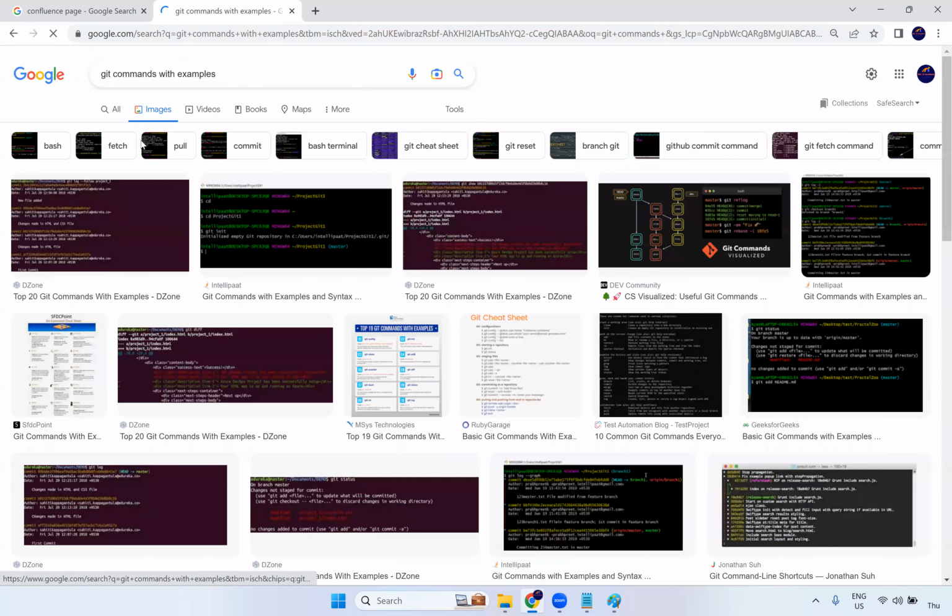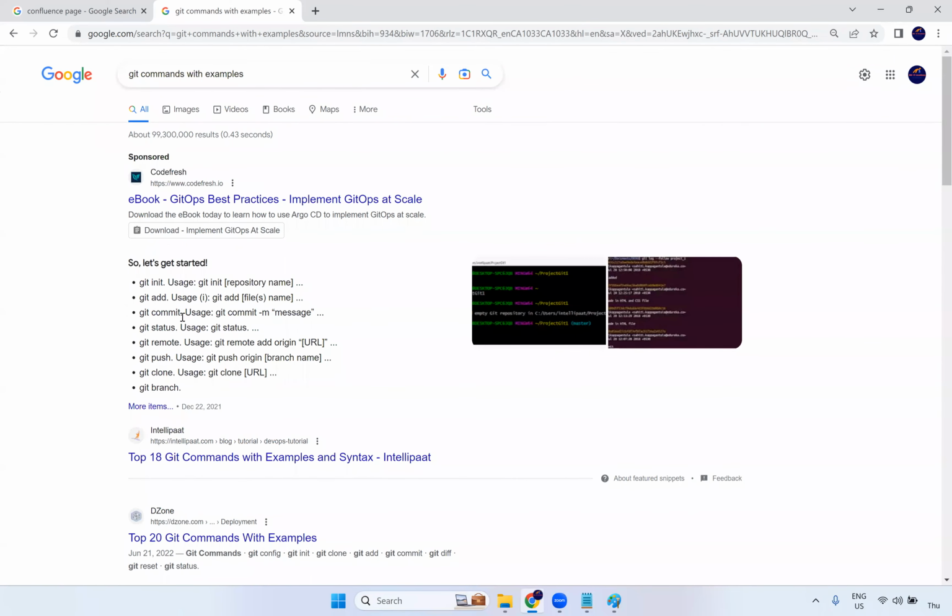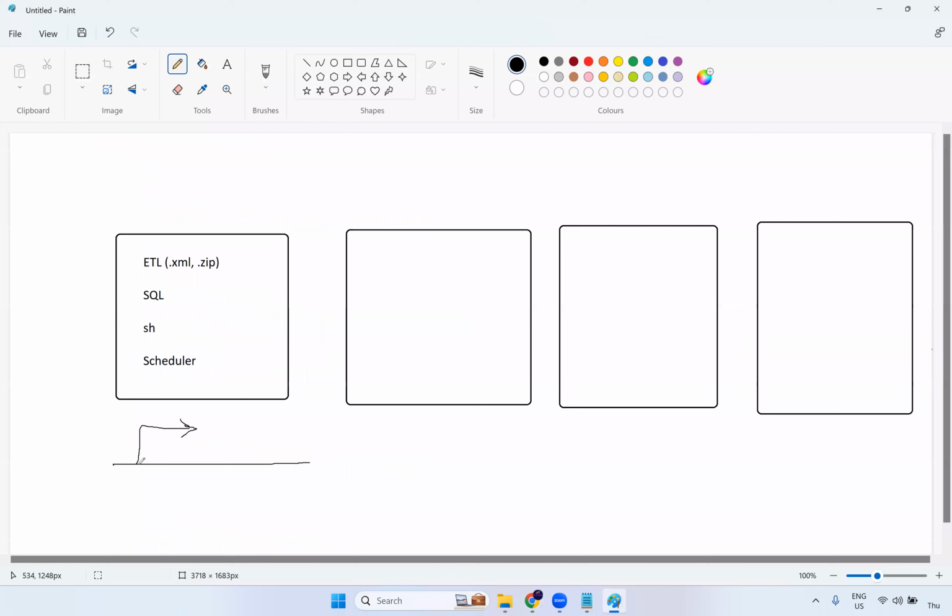So you can have here, and if you see this, like git init, git add, git commit. Finally you'll put the git commit, and git push is where you are pushing your code to your branch. First you are doing the git clone. If you are going to change anything from the existing one, you clone it from the master. This is how you'll be creating a branch. You clone it from the master branch, take all the code here, and you upload whatever changes you have